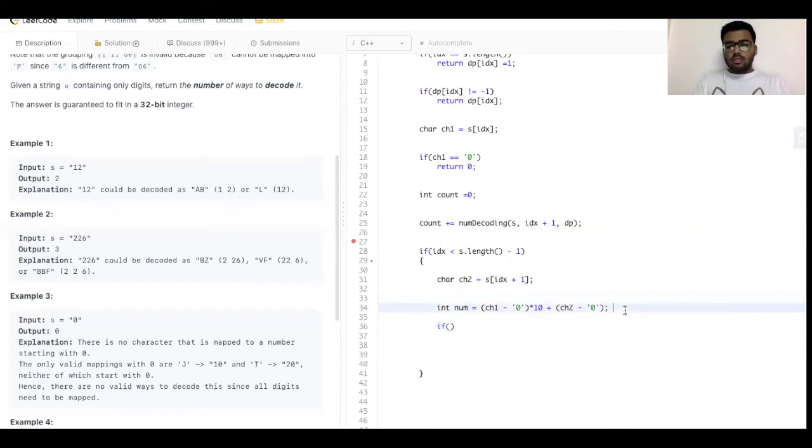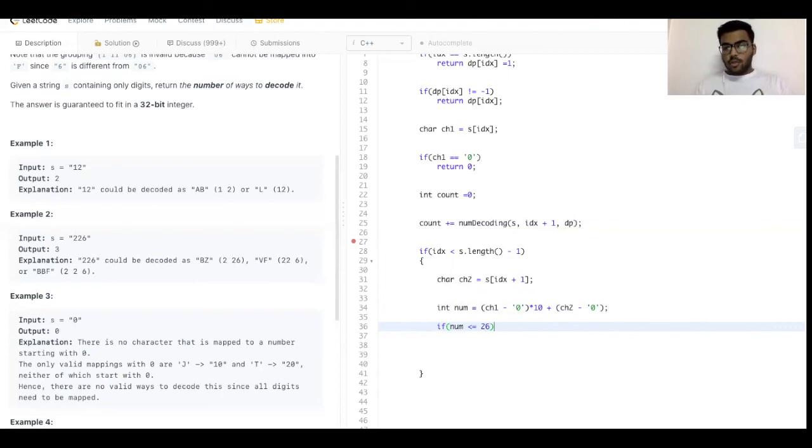Basically this will give the number of any two digits which are consecutively there in the string. So we'll check if it is less than or equal to 26.